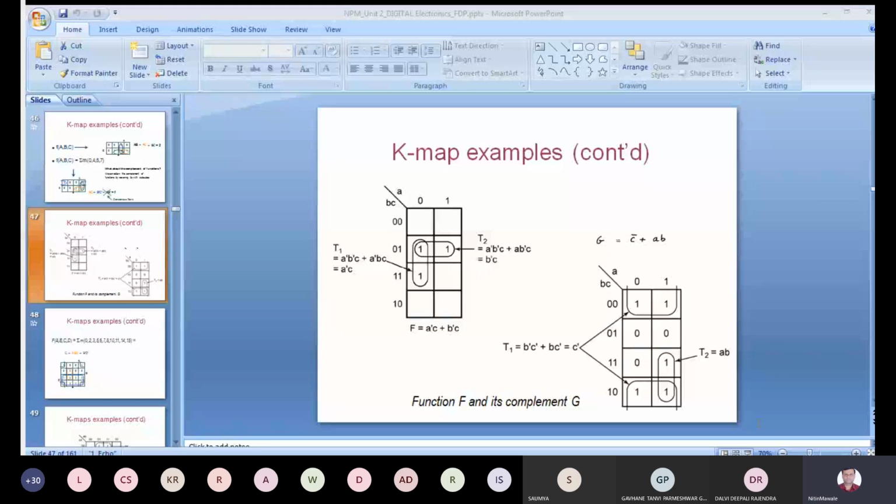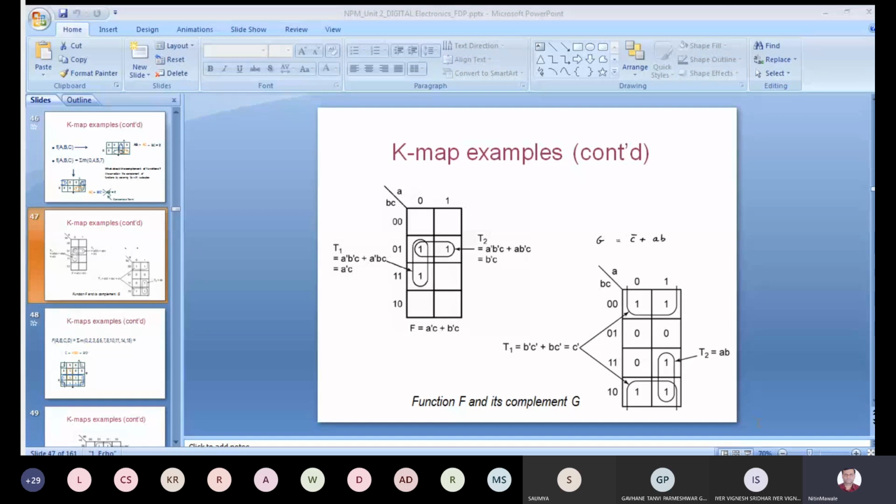Are you getting this? Again, I will repeat. The first term answer is, the total 3 quads are there, one pair is there, and one essential prime, or one single grouping. So therefore, Q bar plus S bar into P bar plus S bar into R bar plus S bar into P plus Q bar plus R bar into, last bracket, P plus Q plus R plus S.